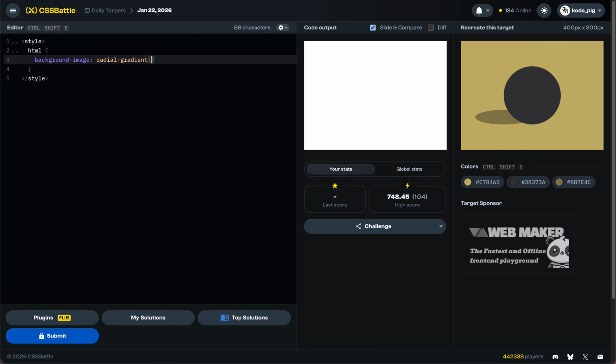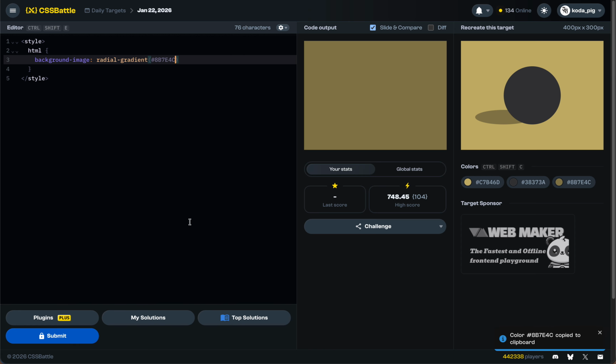But you can define exactly where those colors change over, which means you can make a hard stop between the colors. So the first thing I'd want to do here is use a radial gradient to create this background ellipse over here. And I'd start off with that color, because that's the middle color, and then that would be the